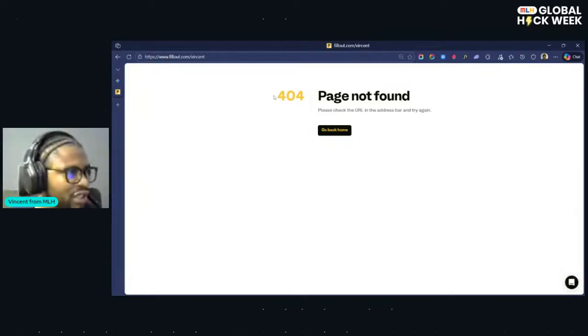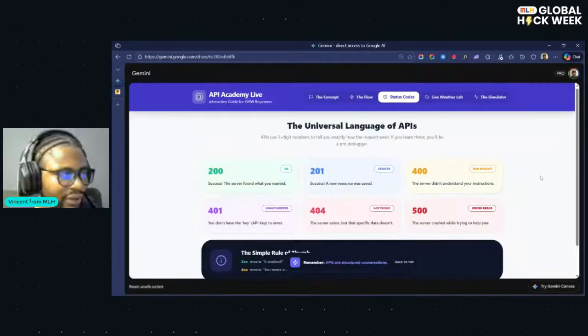So this is like, okay, the information actually came through, right? But what you're looking for does not actually exist. I think we're all familiar with 404. We must have seen it once in a while when we're trying to access applications. This is basically how the APIs actually talk to each other. And from a developer perspective, this is also how you are able to debug what is going wrong with the API. Based on what is being returned, you can have an idea of what is going wrong. So for example, the 200 codes literally mean it's okay.